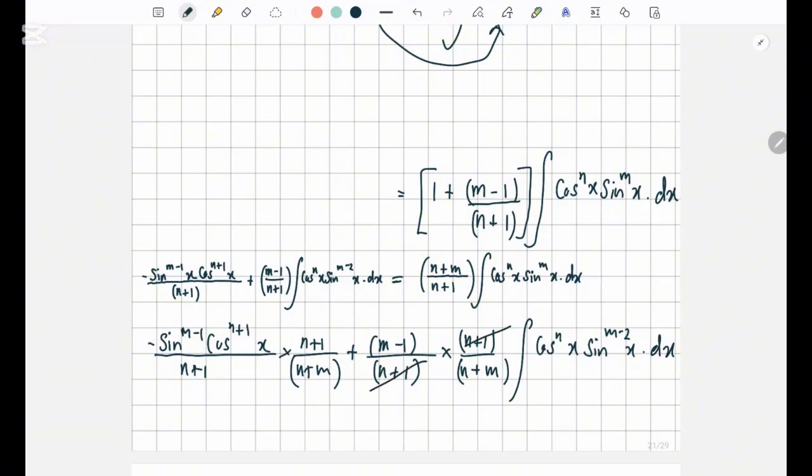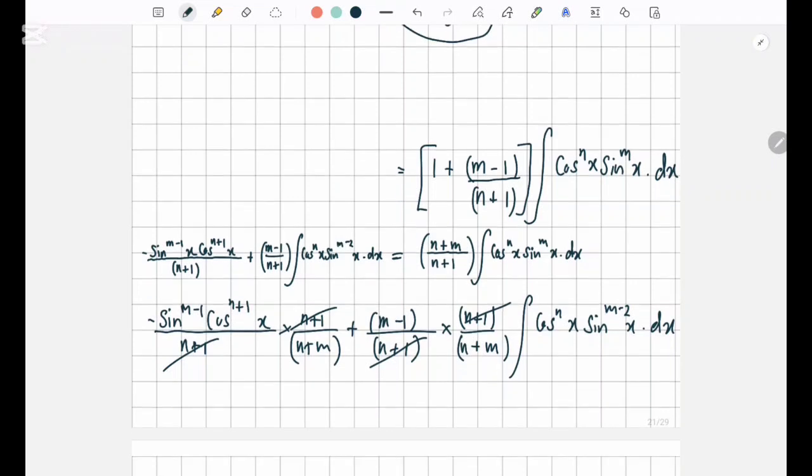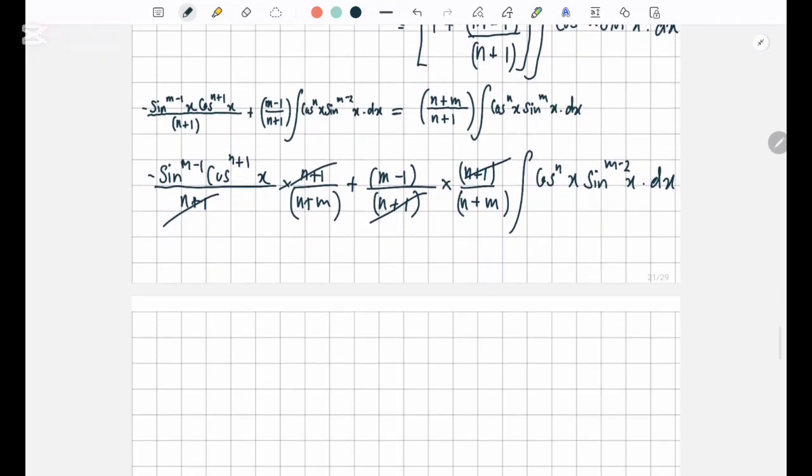These two cancel off, so therefore you can write cos x to the power n sine x to the power m dx equals